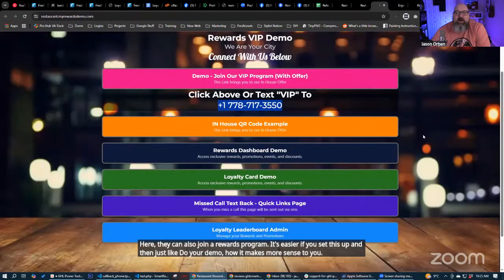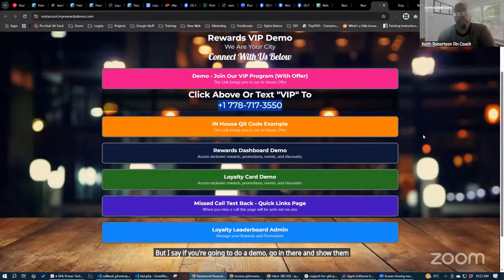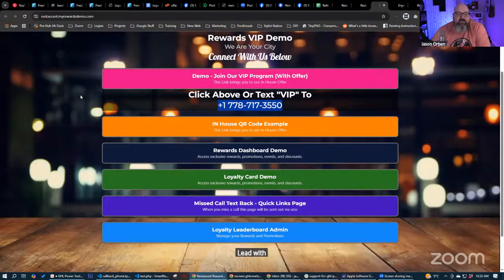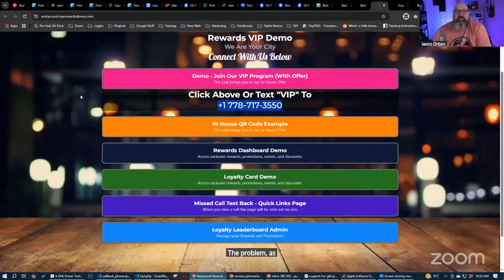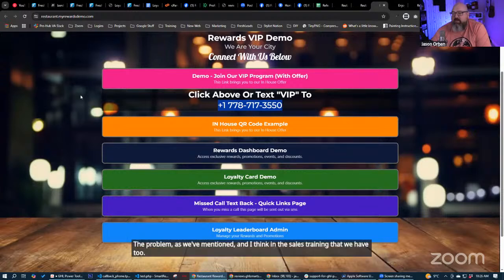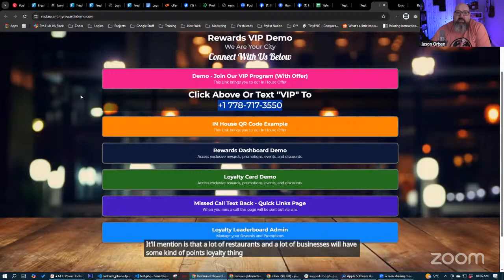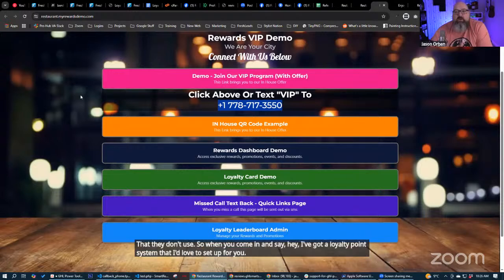But I say if you're going to do a demo, go in there and show them the system that you want. I would always lead with the VIP program, lead with that. I wouldn't necessarily lead with points unless you're sure that customer could use points. The problem, as we've mentioned, and I think in the sales training we have it'll mention, is that a lot of restaurants and a lot of businesses will have some kind of points loyalty thing in their POS that they don't use. So when you come in and say, "Hey, I've got a loyalty point system that I'd love to set up for you," to get customers to come back,